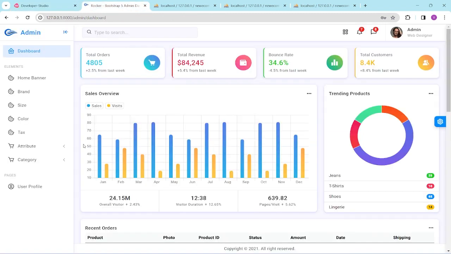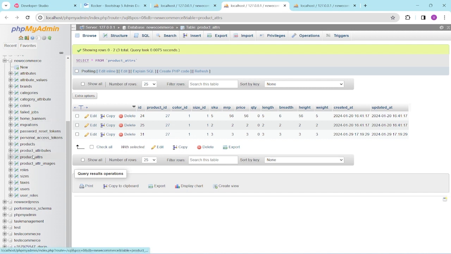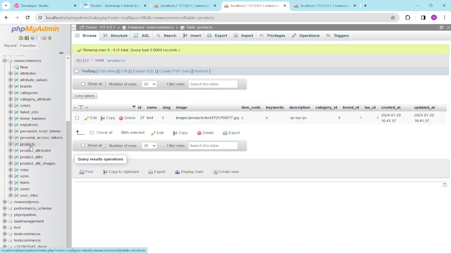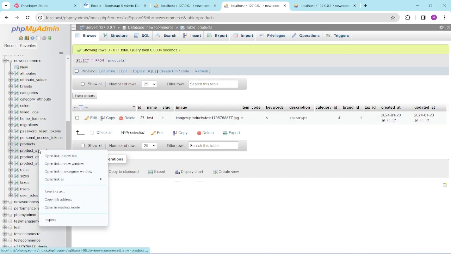So just going to the code, and we have pending only one section over here, which is product. A product is actually the main part of every e-commerce. So whatever a product should consist of, the first thing is mainly name, slug, image, item code, keyword, description, category ID, brand ID, tax ID. After that, product attributes,